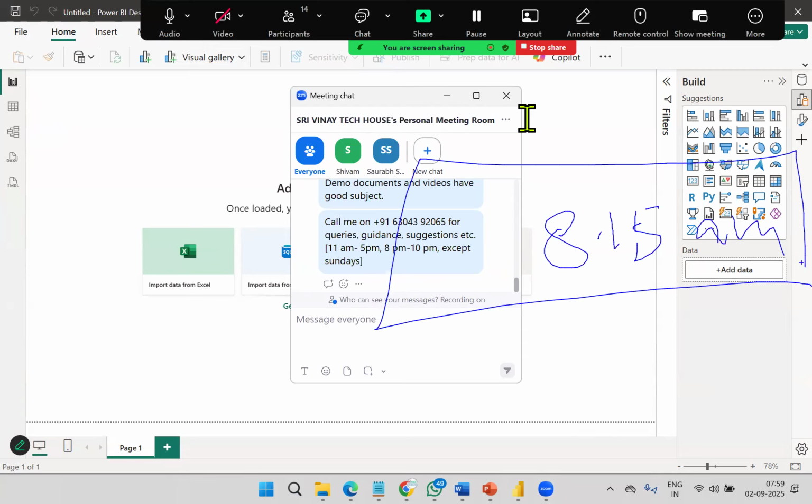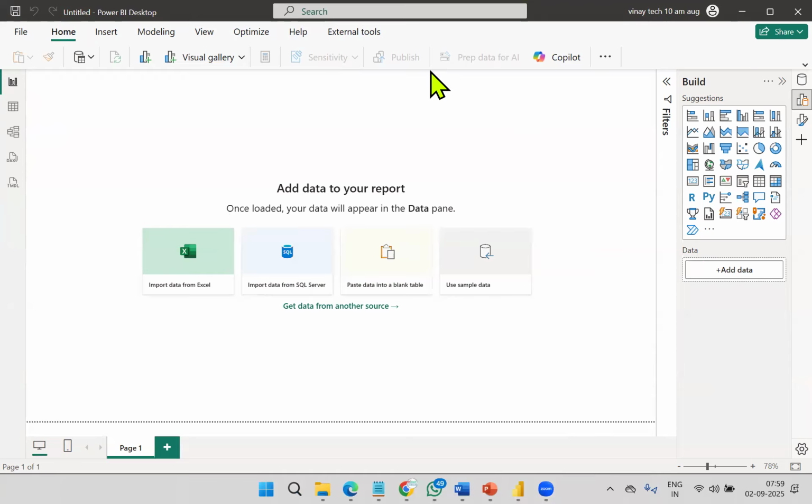Sir, do we cover M language also in this one? M language, up to some level I will cover, madam. M language material and all I will provide. DAX language in detail we will cover for 10 to 12 hours. M language up to some level I will cover because it's not that important.